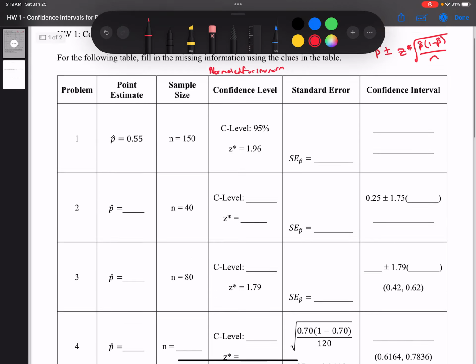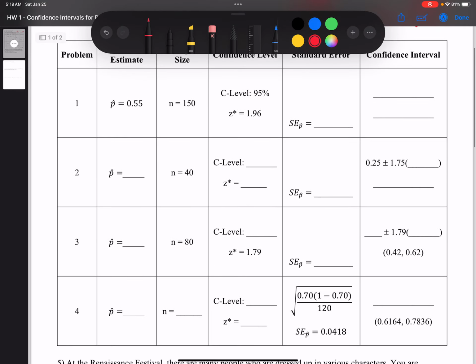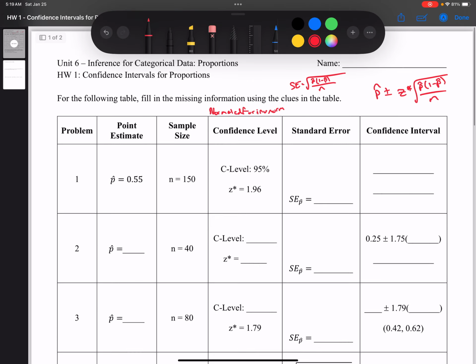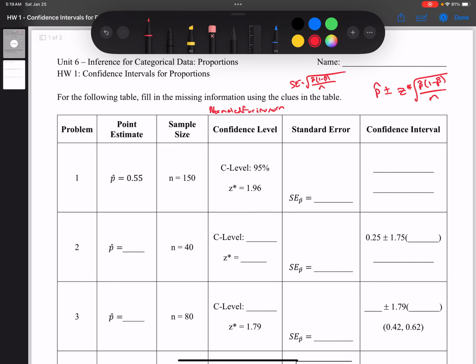All right, so for homework one, that's to do number three. For each of these different columns, there are different formulas that you want to use. For the confidence level, we're going to have to use either normal CDF or inverse norm to find that from our calculator. Standard error uses the standard error part of the confidence interval formula, and then the confidence interval